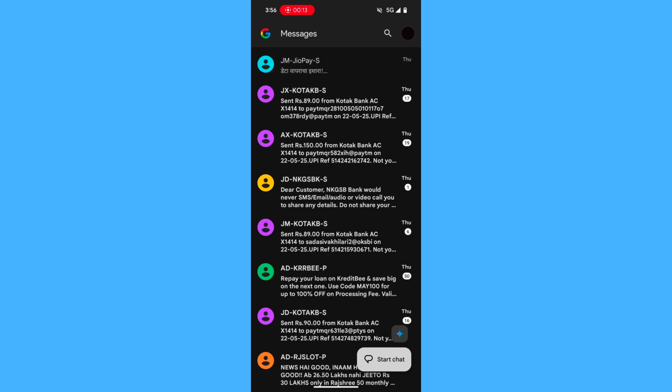So there are two steps to archive the messages. It's very quick and simple. First, click on the message you want to archive. Here you'll find an option of archive. You can click on that and archive it. Or the second way is either you swipe it left or you swipe it right, and it will automatically get